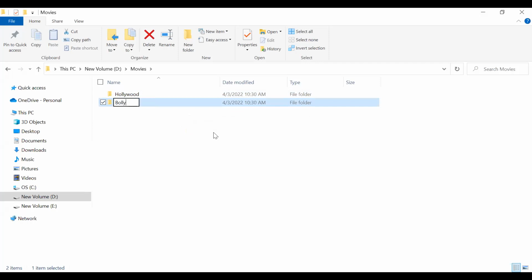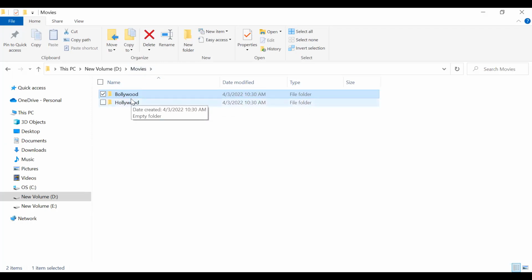The reason is that with the help of these two folders, you have divided your 1,000 movies in two parts. Your Hollywood related movies will go into the Hollywood folder, and Bollywood related movies will go to the Bollywood folder. Yes or no? Yes, sir. So now this is a very common thing which you have seen in your college time when our